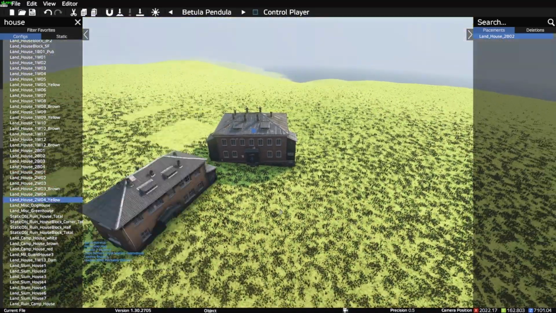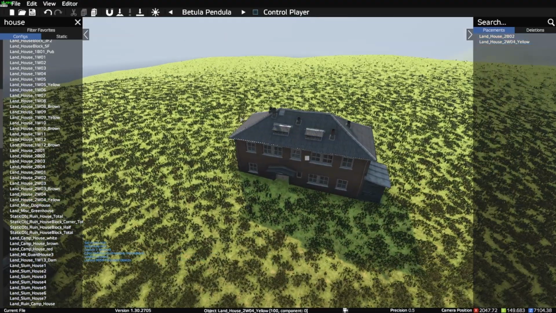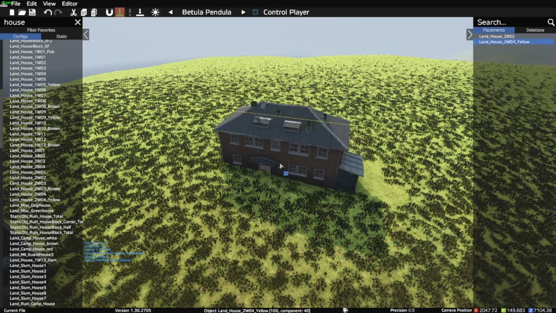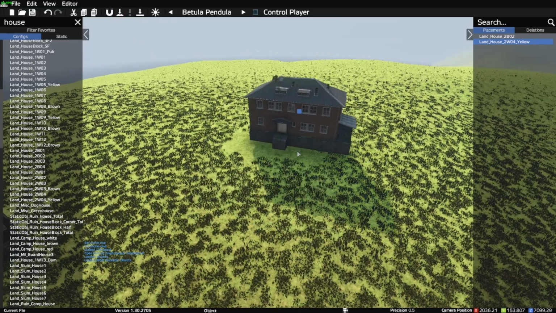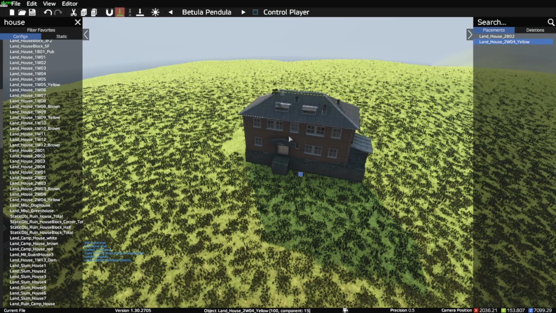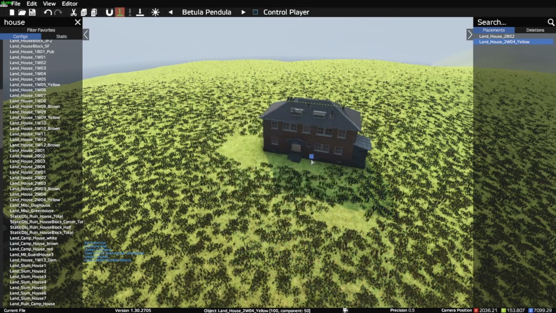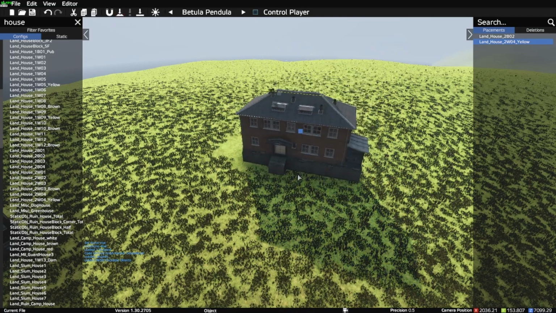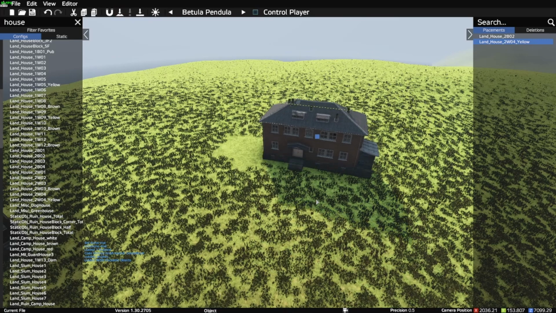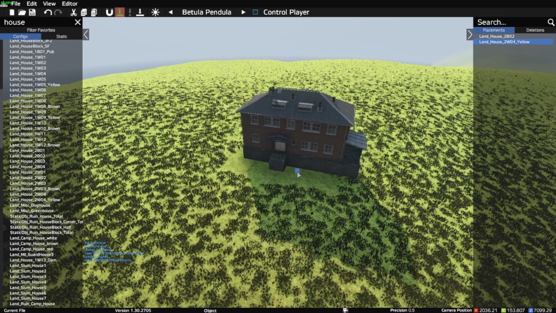But we'll just do another house. Most times they will spawn under. You can put ground mode on. What ground mode does is, when you're moving it, it won't automatically go up. If it's off, it'll automatically go up like that. If you turn on ground mode, you can pull it down to a certain extent and then move it, and it won't go up. If you have it off, though, as soon as you move it, even if you put it down, it'll go back up. So I like to use ground mode.